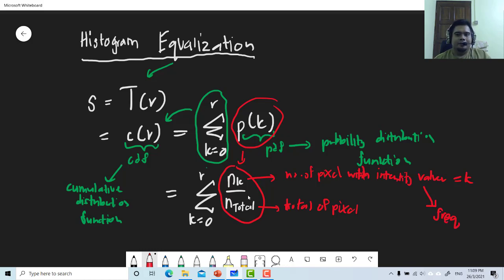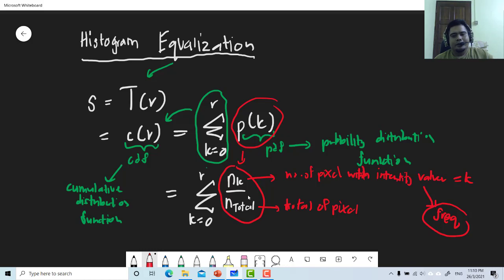Okay, because frequency is also known as the number of pixels belonging to intensity value equal to 0. Intensity, number of pixels with intensity value equal to 1. So you will do that repetitively until 255 if you talk about intensity level resolution equal to 8 bit. And then if you talk about the number of pixels with intensity value equal to k, actually inside the histogram that is your frequency, which is your